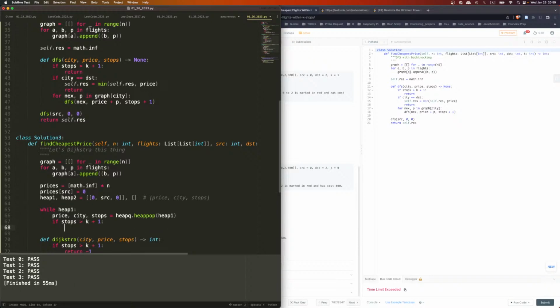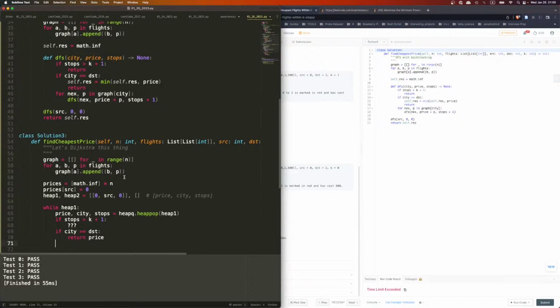What do we do? And at any time, if city is equal to destination, then we shall just return price. I think that's right. Otherwise